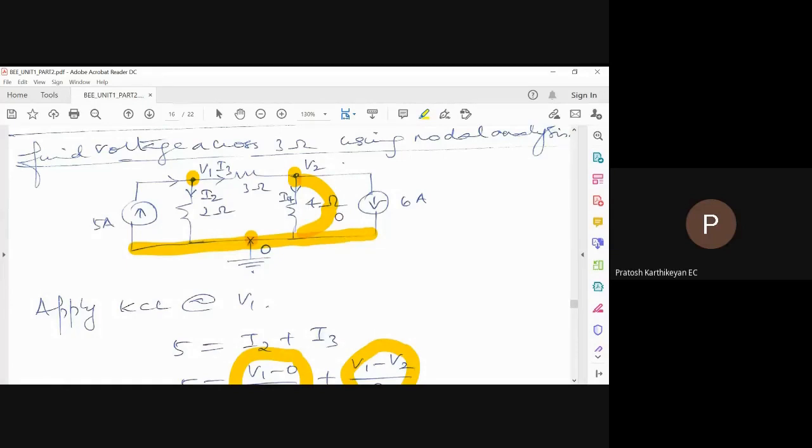Sir, a doubt. If the current source doesn't have a resistance, then the 4 ohm resistance will be short circuited, no, sir? Why short circuited? Because all the current will go in that direction only, if there is no resistance. Who said? See, the current source is there to provide some current. It is providing current of 6 amperes in clockwise direction. Additionally, whatever current coming from 5 amperes will again travel through this 4 ohm. Total current will be split across the circuit.